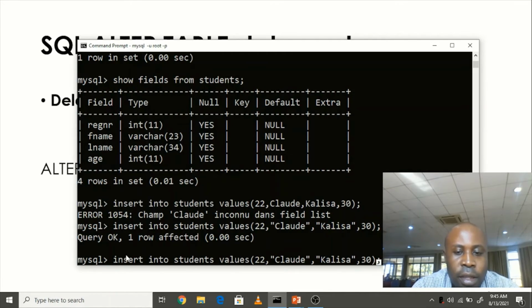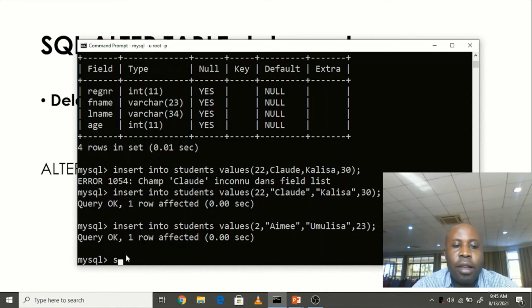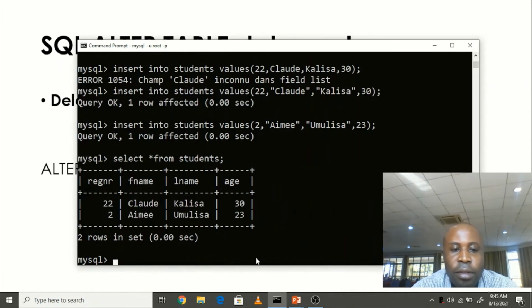So we add a second student who is aged 23, and she's called Umurisa MA. She has got student number 2. So let's now see if the students, they are already inside the table. We use this command select all from students. So as you can see on the screen, the 2 students are already inside